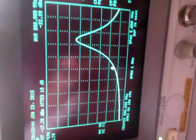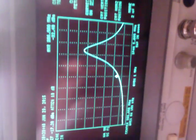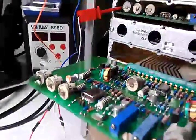One is on its way. I hope that's the problem. Of course, it could be a capacitor or what have you. But that's my conclusion. Also, what's interesting is if we take this trimmer here, this is a center trim. I really shouldn't be using a metal screwdriver, but nonetheless. If we try to trim it,